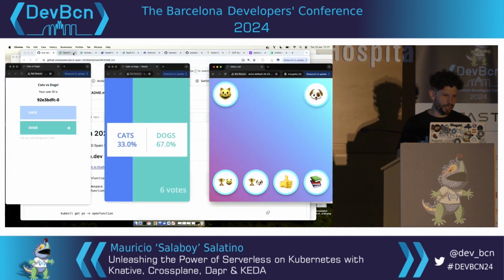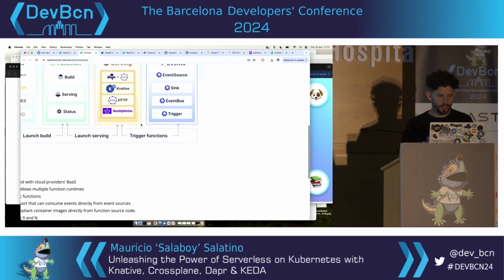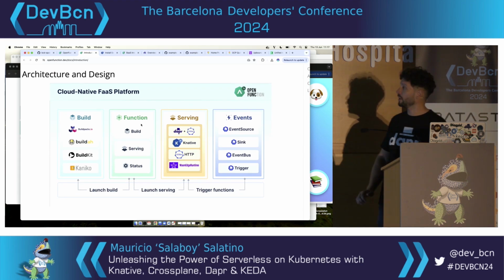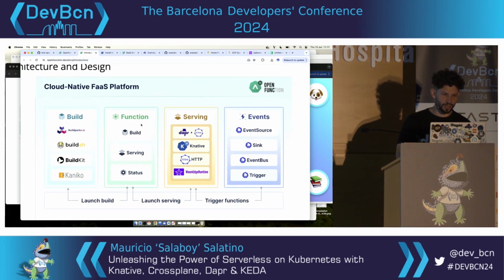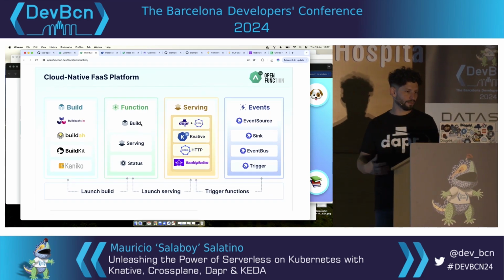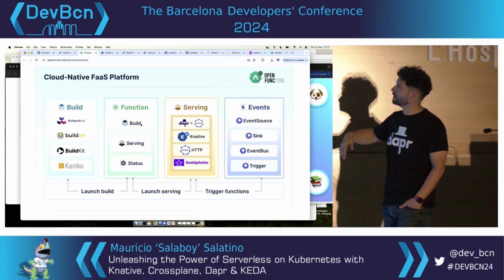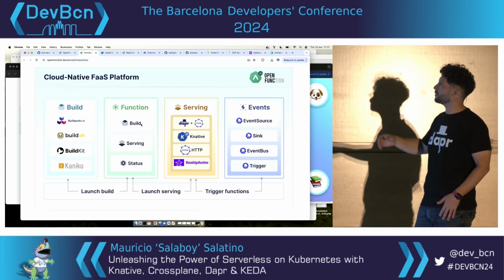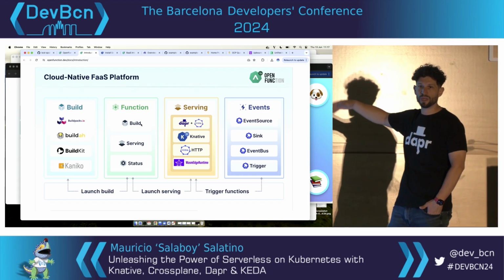One thing that I wanted to show here, which I think is important: if you go to their website, openfunction.dev, you will find this diagram, which for me basically tells me a lot of things, right? It tells me that to build an experience like this, where you expose an interface, in this case the function resource, you will then have different options to do different things depending on what you are trying to do. If you are trying to build the container based on the source code, you have a bunch of CNCF and open source projects that will help you to do that.